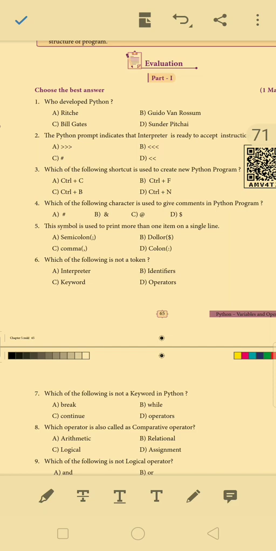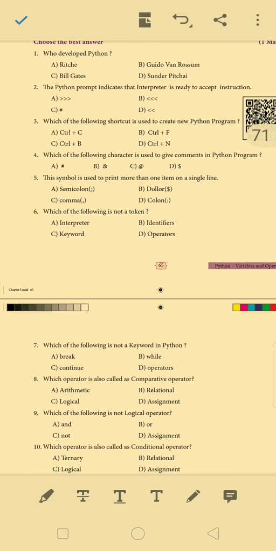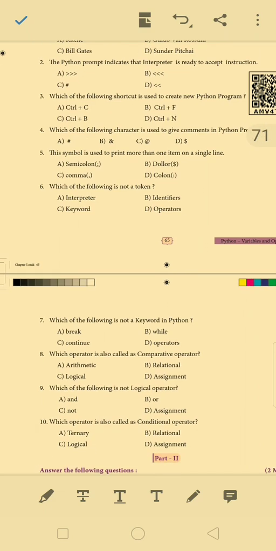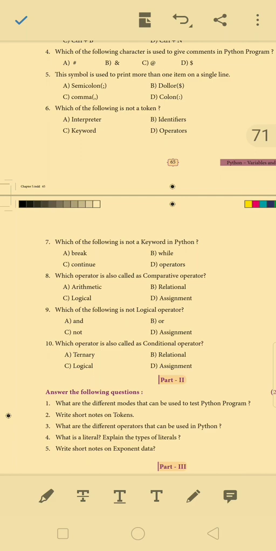Fourth question: which of the following characters is used to give comments in a Python program? Option A, hash. Fifth one: this symbol is used to print more than one item on a single line. Option C, comma. Sixth question: which of the following is not a token? Option A, interpreter.